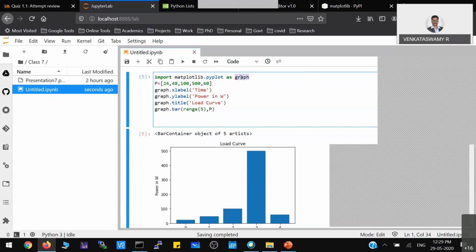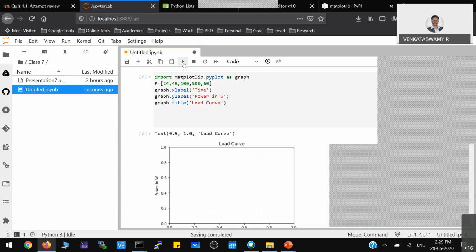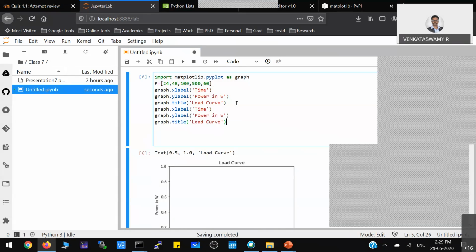In that sense, it doesn't matter when you define the object's member functions and data members. The only thing is, if you delete this particular thing, the graph is still there. X label, Y label, everything will come, but only one particular function is not executed. That's all.